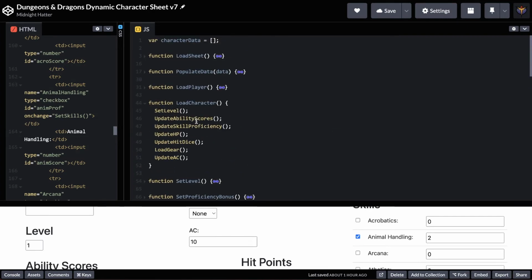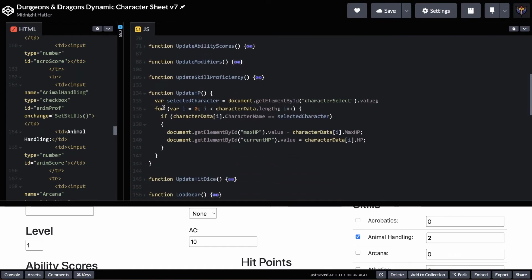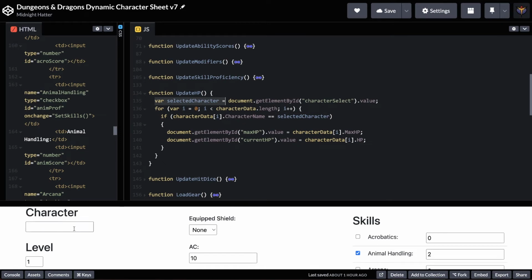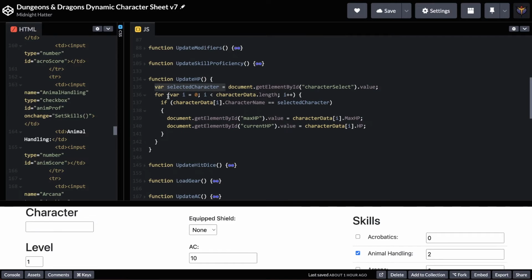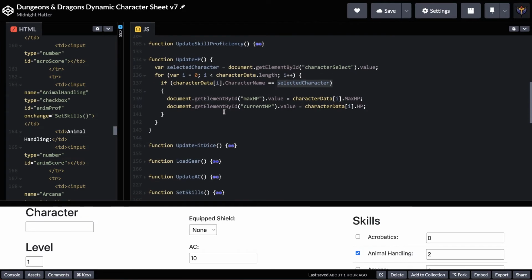And that is up here in our LoadCharacter function as well. So we're going to update our HP, and you're probably going to say that this is starting to look very familiar. We set a variable equal to our selected character, so our selected character name, the document.getElementById character select value, and then we cycle through our database. So for each row, we check to see if the row character name is equal to our selected character. And if it is, then we are going to set our